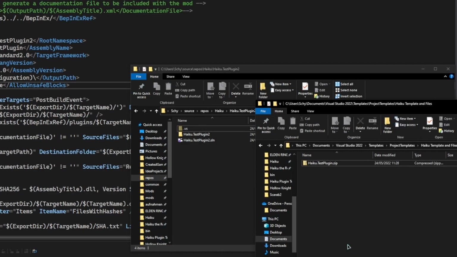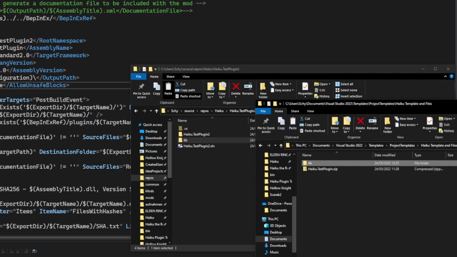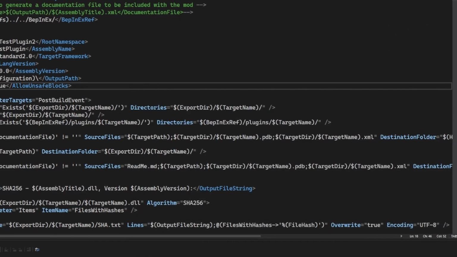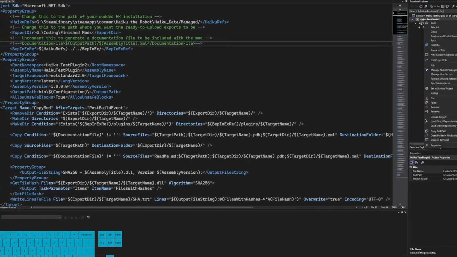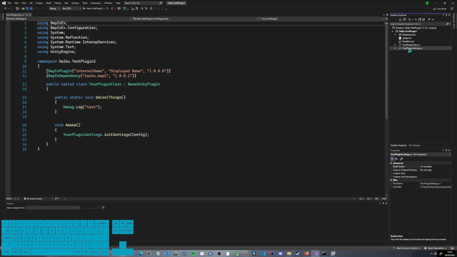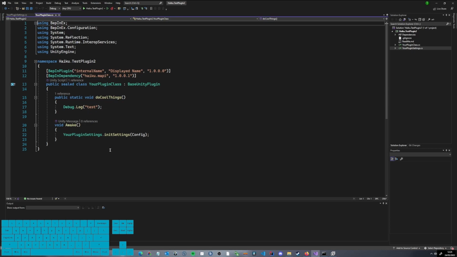Just move it over. Also, I want to leave this here, but yeah. And then you can just add another project. I think you can also just load the dependencies or whatever, it works. And then you should be all good, hopefully.